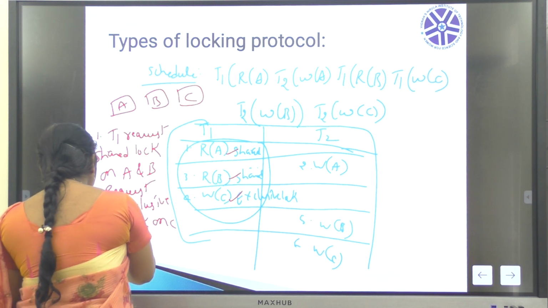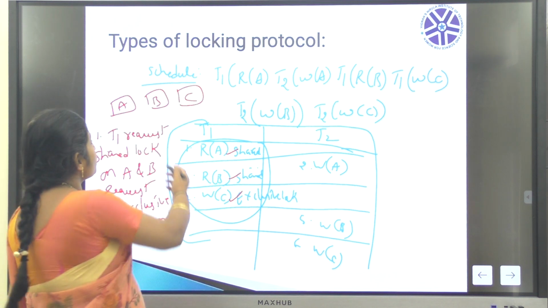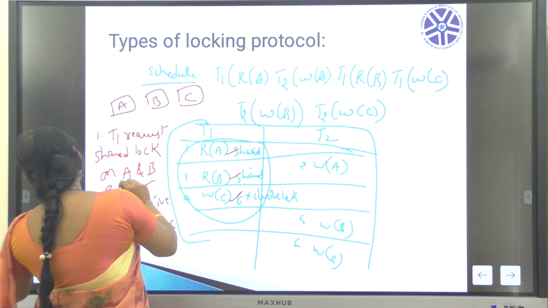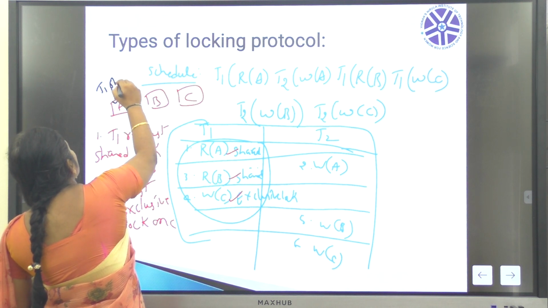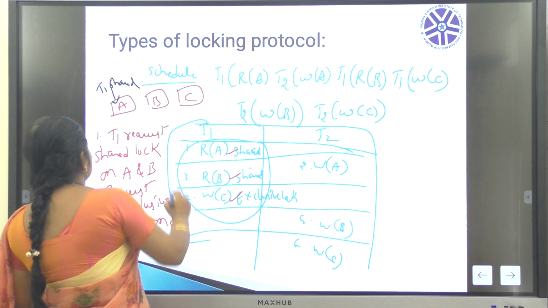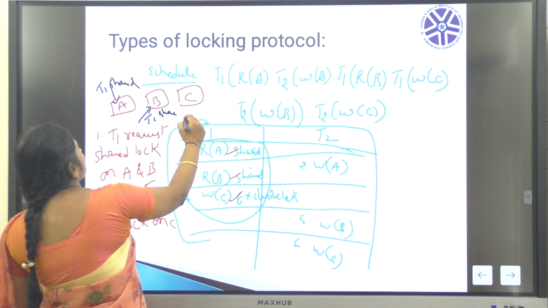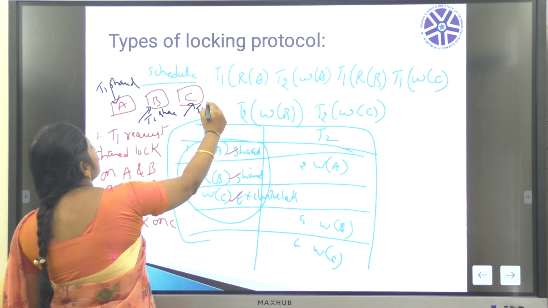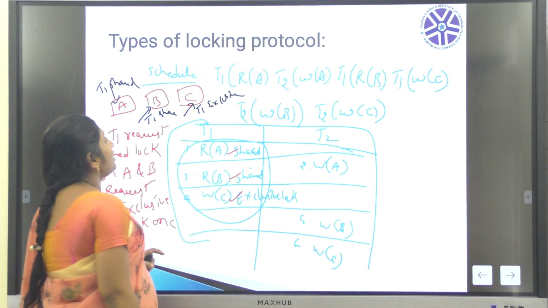Now the transaction manager checks to see the availability of requested locks. A is free or not? Yes, it's free. So it should give T1 shared lock. B is also locked by T1 in shared mode and C is locked by T1 in exclusive mode. Okay, now.